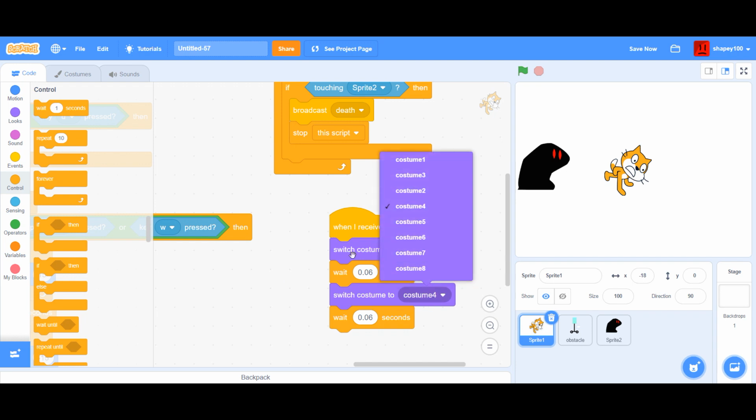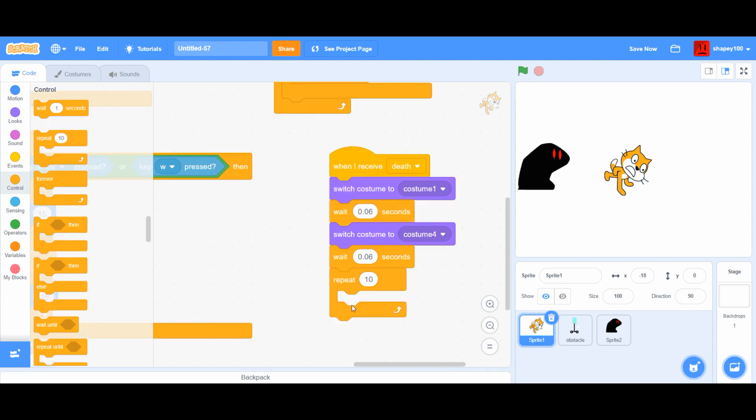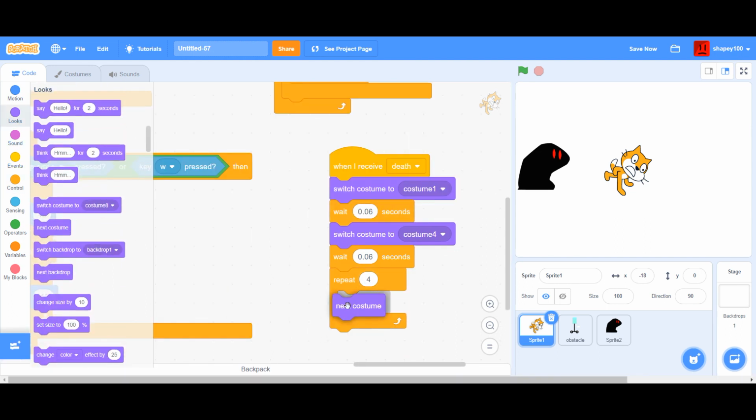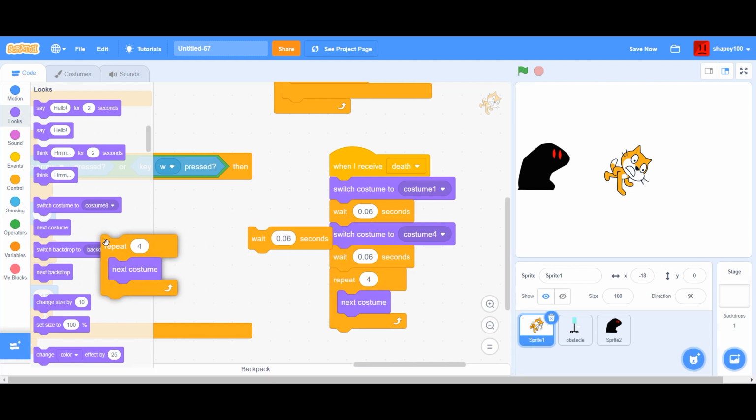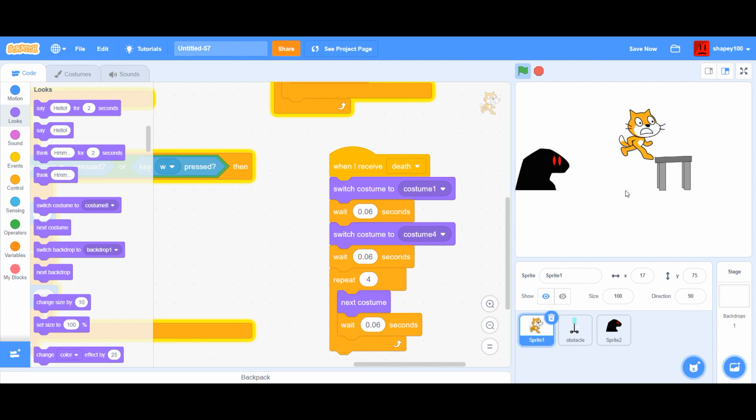And let's see how many costumes. Repeat 4 times. Next costume and wait 0.06 seconds. So now it's like this. But if we touch him,